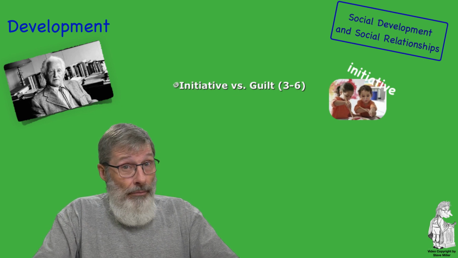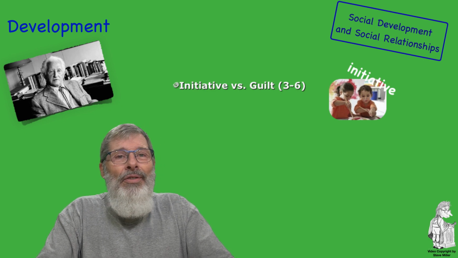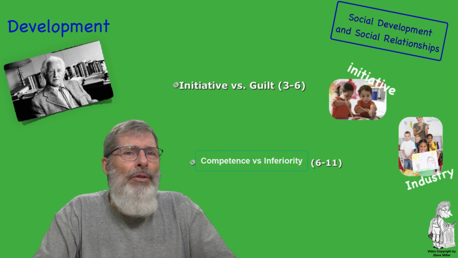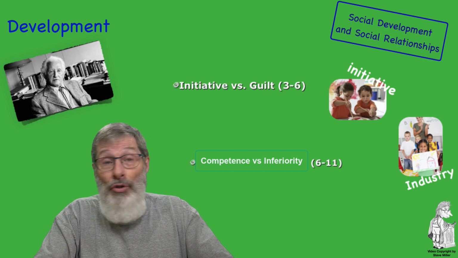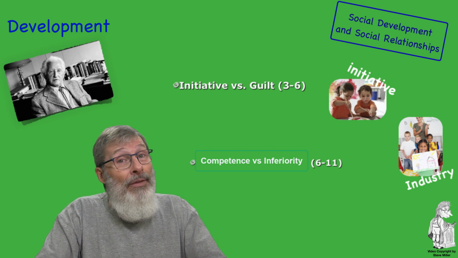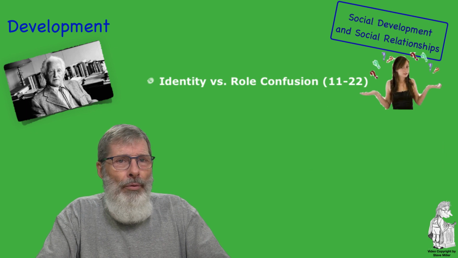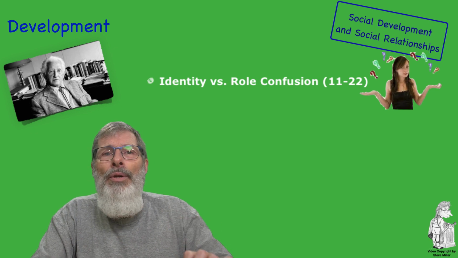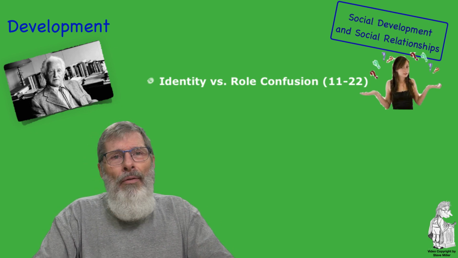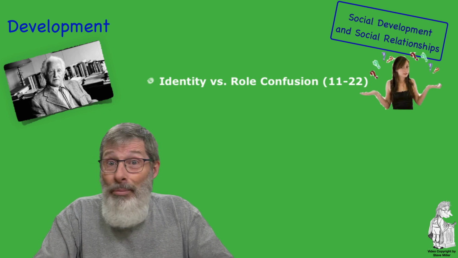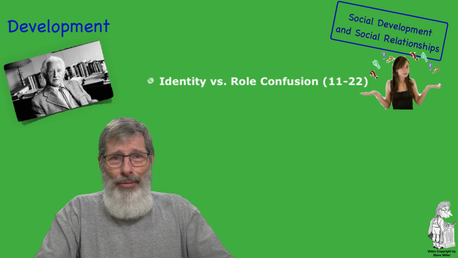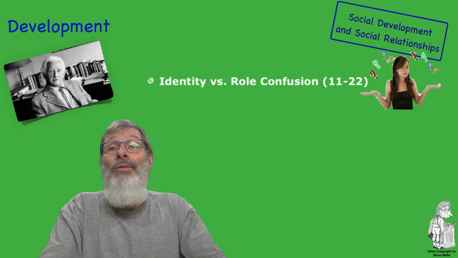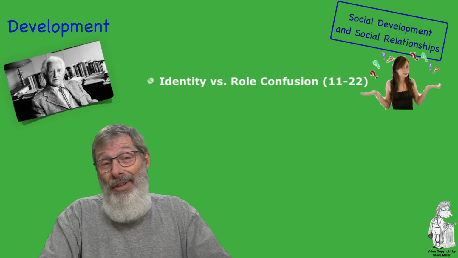Now, stage 4, competence versus inferiority. Now we're into adolescence by this point, and adolescents struggle to define themselves. Who am I versus who are you? Stage 5 is ego identity versus role confusion. Now by definition, ego identity is a firm sense of who you are and what you stand for. If this isn't accomplished, then role diffusion is experienced. And role diffusion is spreading yourself too thin and running down one alley after another trying to figure things out.